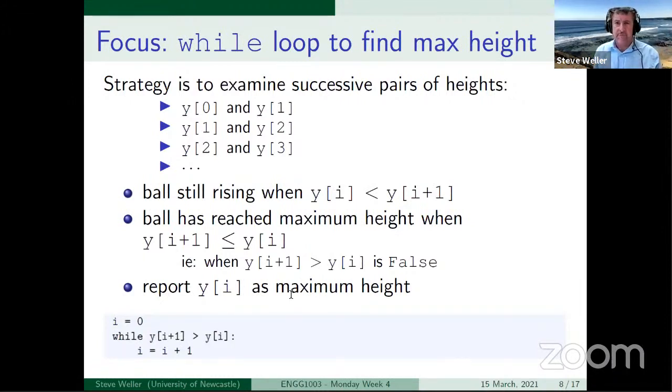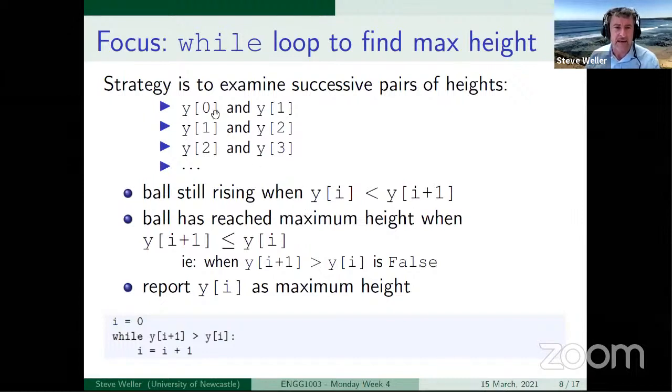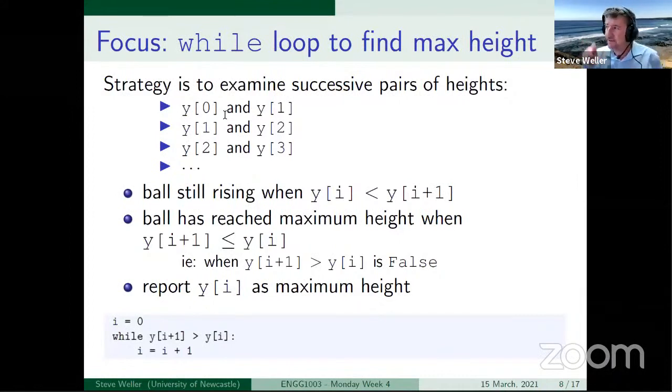When I wrote this code, when I confirmed that the code in the book worked as claimed, the way that I did it was I ran the code and I looked at the values in the Y array, and I convinced myself that everything was in place, because the ball rising was characterized by successive pairs in which the second element was larger than the first, and so on.